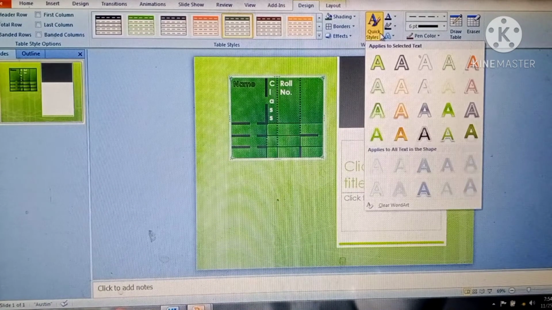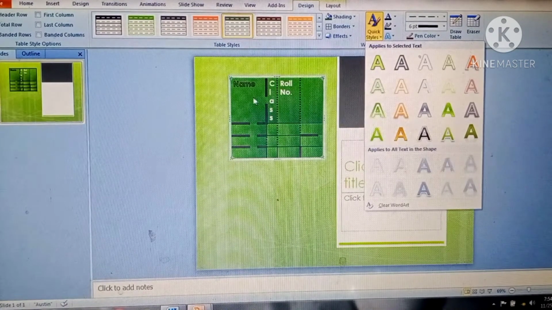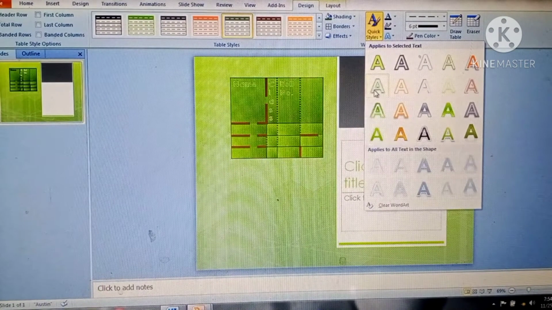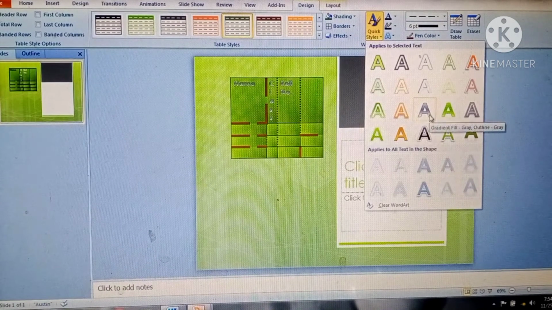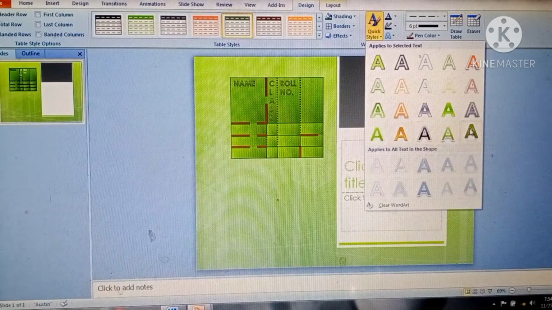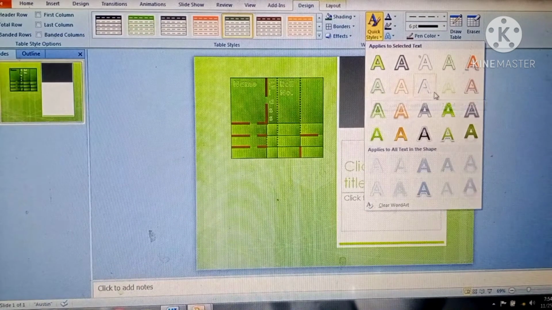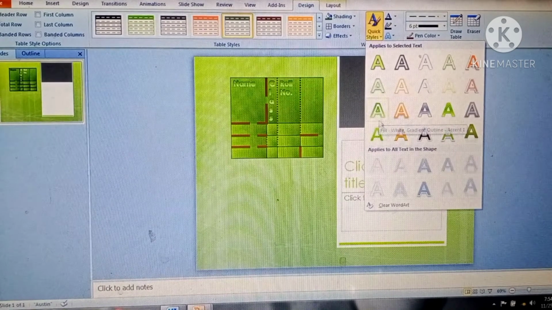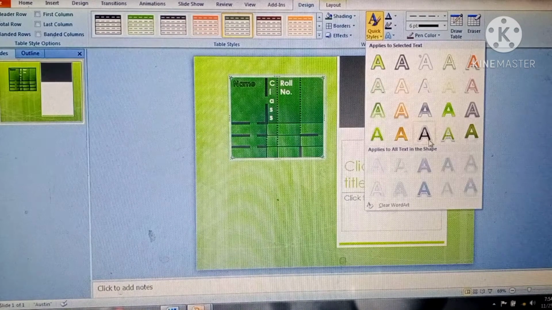Whatever I have written in this table, its style will be like this. Name, class and roll number, you can see the changes. If I am clicking here, you can see the changes like this. So these are the various methods by which you can apply the styles to the tables.